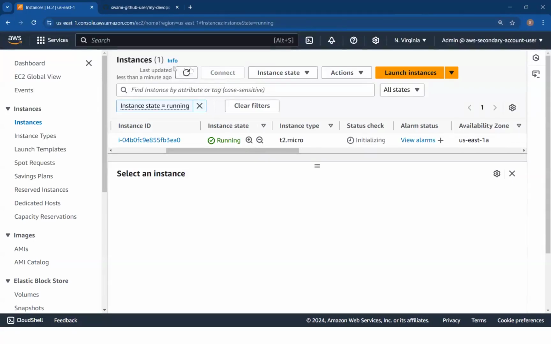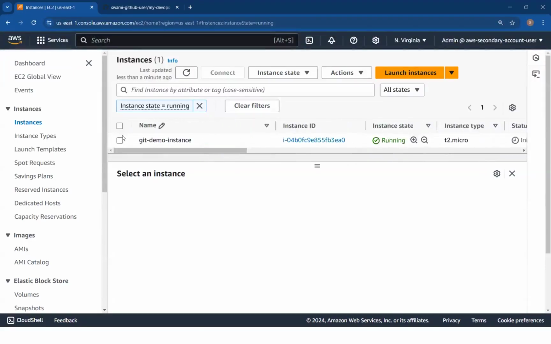Anytime soon, it will be ready. In fact, we'll go for it even before that. But I just want to make sure that it's all ready.